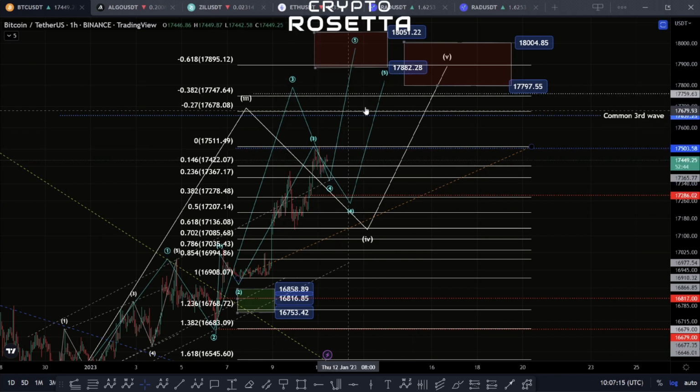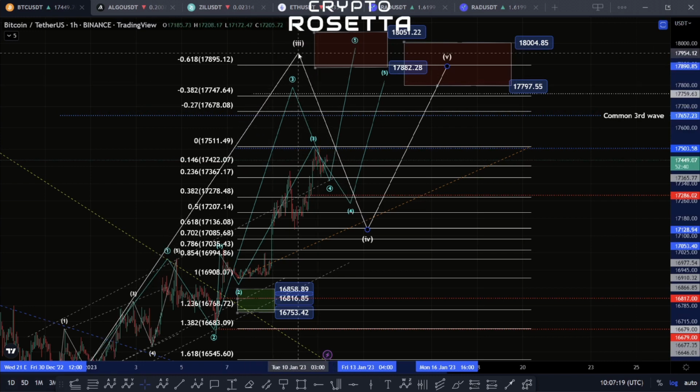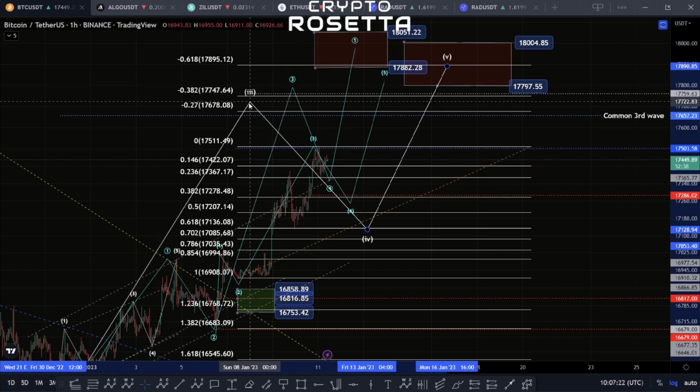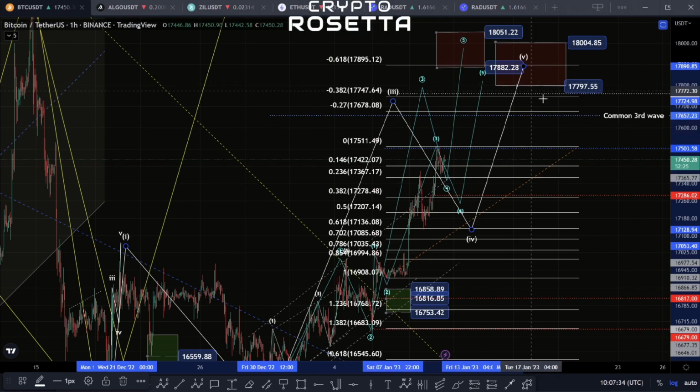And we could be looking at this white 5-wave move still playing out, and all of this would have been within a third wave. So we need to just bear in mind that we could see this play out if we manage to push up above the 17,657 area. If we do push up above that, effectively then we have this white 5-wave move, and then we'd